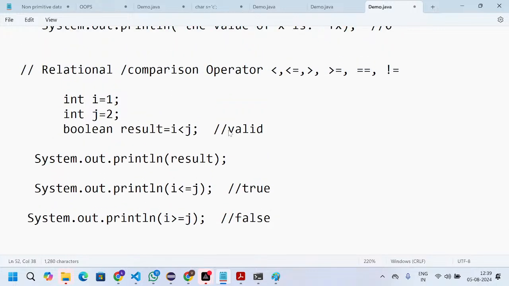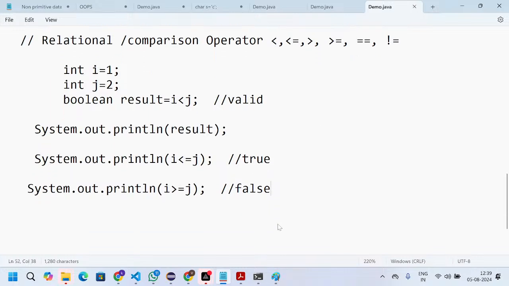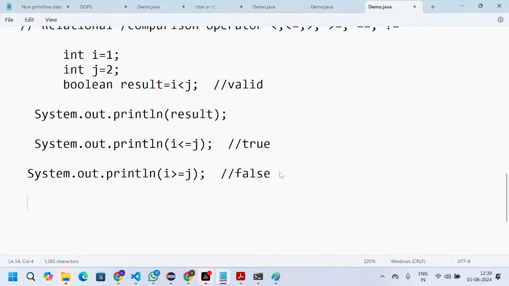Next we have the double equals. For example, I copy the same statement here: i equals to. If I mention 1, then we will get true. If I mention 5, then we will get false. Meaning it checks whether the stored value is the same on the right side also; if so, it returns true.